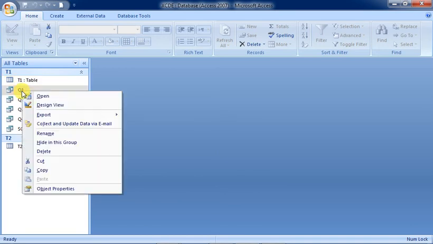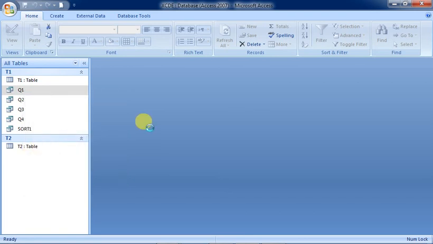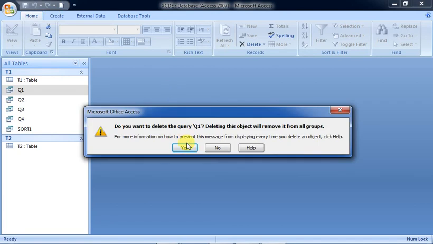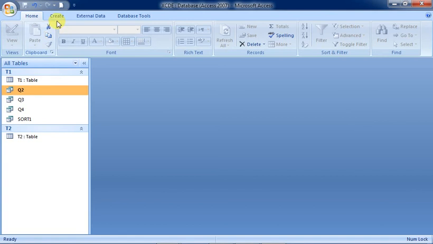If you want to remove a query at any point of time, you can right click on it and delete it. Now you will see how queries can be created, so I am removing the queries one by one, and then I will create a fresh query. This is the Create button. Click on yes, and the query will be removed.